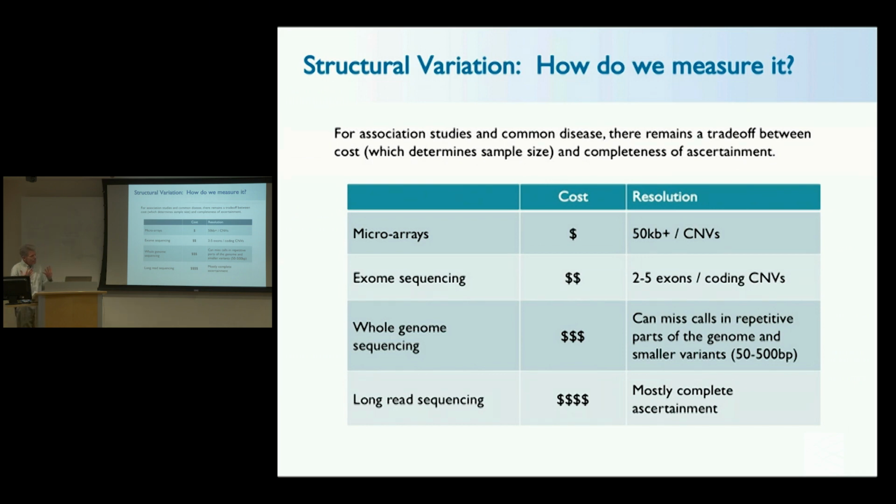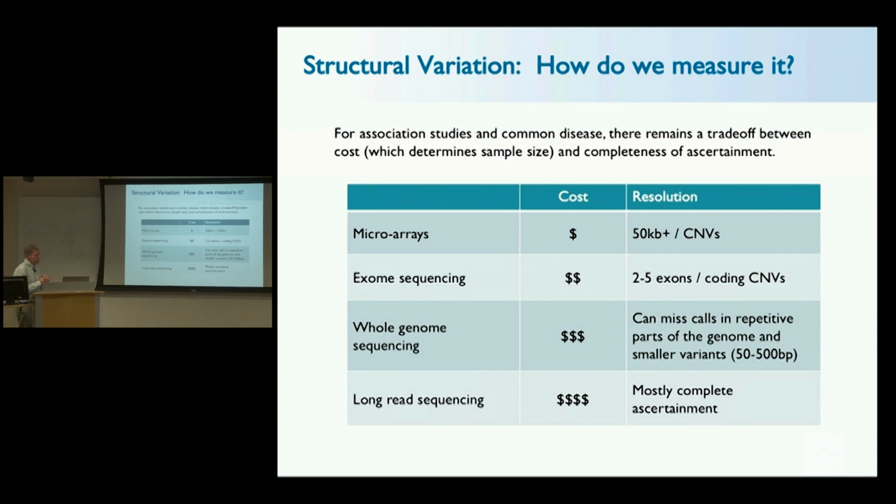So to sum up this part, how do we measure structural variation? I would say these are the 4 main ways we tend to do it today. You can use microarrays, which can detect really large CNVs, in the 50 kb range and up. The cost is very cheap per experiment, so you can do lots of samples. There's exome sequencing, which has the limitation that you're only going to see the coding range, and you can only get CNVs, and maybe they have to be between 2 and 5 exons long,